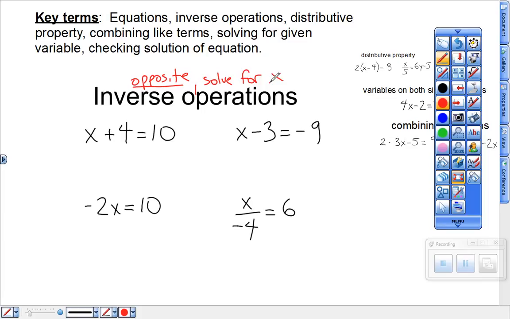These first problems dealing with inverse operations are basic equations solving for the variable x that you would plug in and solve this equation and make it true. I know a lot of these it's easy to see what the number would be, but we need you to